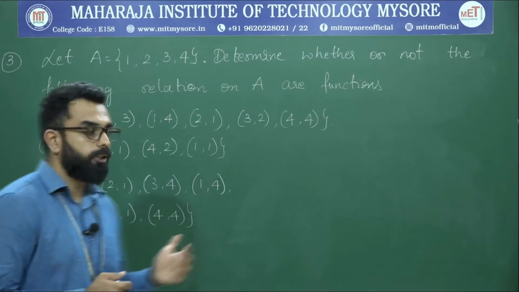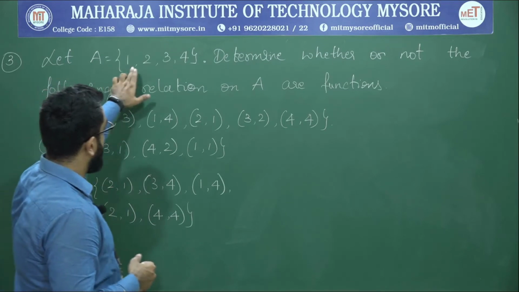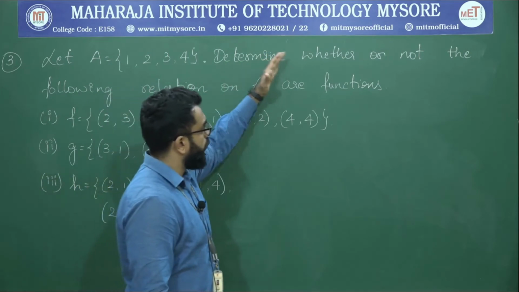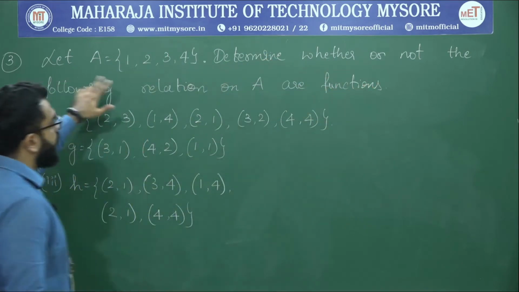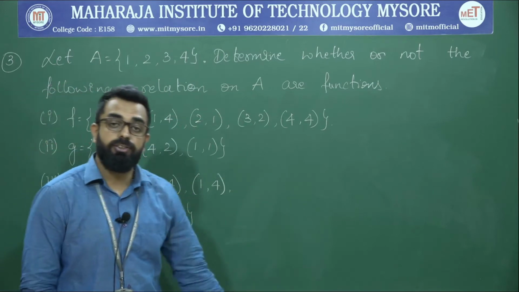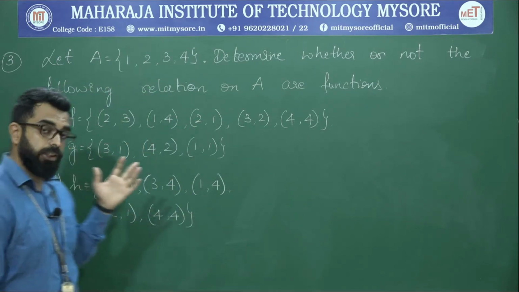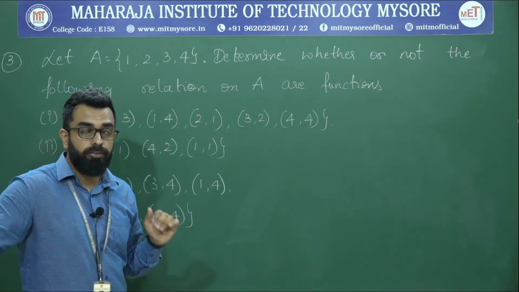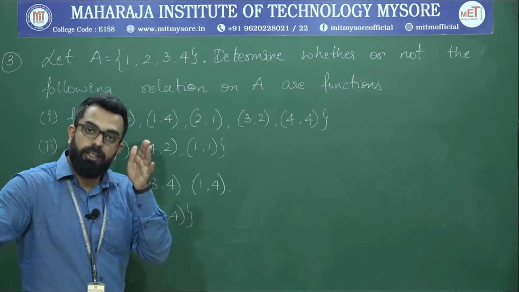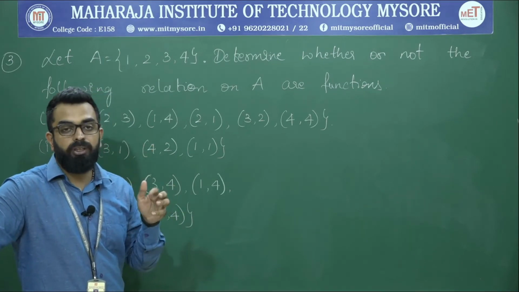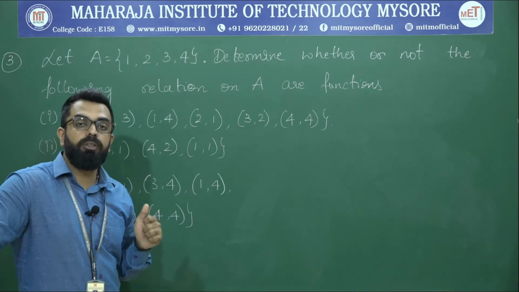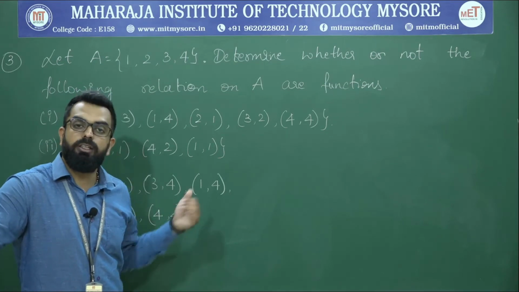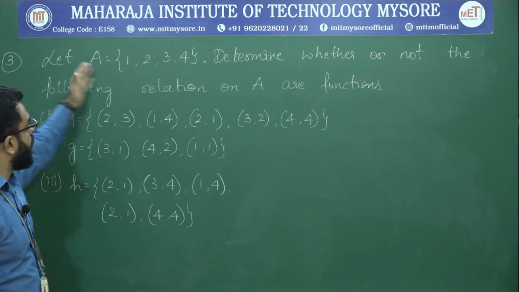Here we have the next problem. Let A be the set consisting of the elements 1, 2, 3 and 4. The question continues: determine whether or not the following relations on A are functions. So can we define the relation or the function on a single set A or any other single set? Yes, it is possible. We can define Cartesian products on a single set, A cross A, B cross B and so on. We can also have the subsets of those Cartesian products, that becomes your relation, and an added clause on the relation will become a function. So yes, this is accepted.